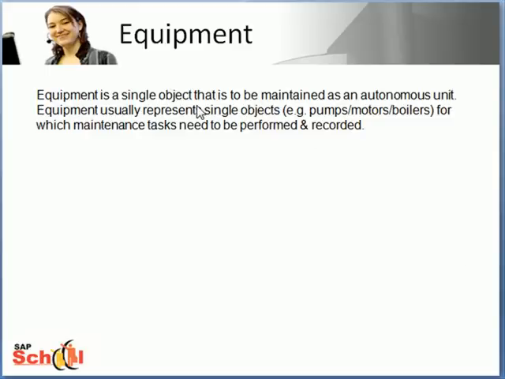The next technical object is the equipment, probably one of the most important entities in the PM module. An equipment is a single object that is to be maintained as an autonomous unit. Equipment usually represents single objects, for example a pump, a motor, a boiler, etc., for which maintenance tasks need to be performed and recorded. Equipment can be installed at functional locations and can also be linked with a material,